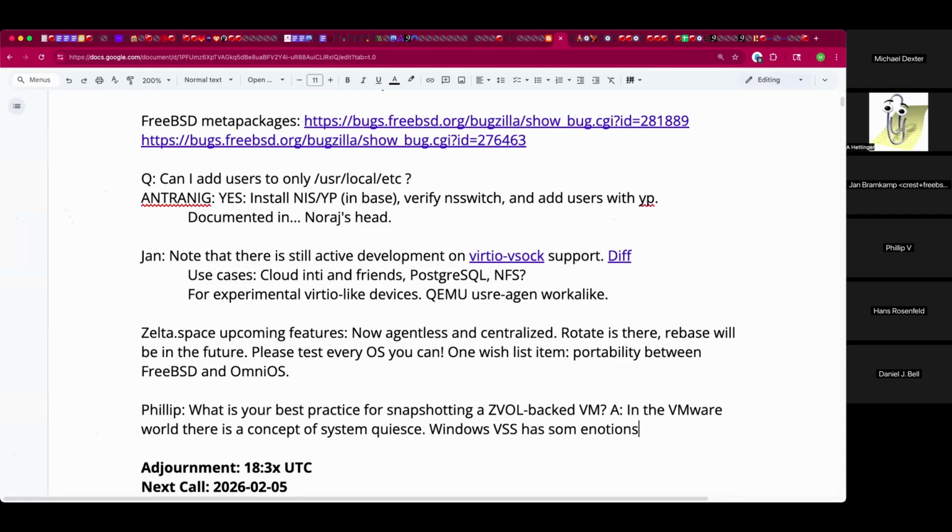ZFS itself, because of how the transactions work, is fine. I've had some pretty gnarly crash situations, like databases inside of Windows which crashed 4 times a day for weeks. Just miserable. But I had done some looking into this on the Windows side, and VSS certainly has the concept of doing a quiesce and then a snapshot. You can quiesce and unquiesce very quickly in the guest, so it should be fine.